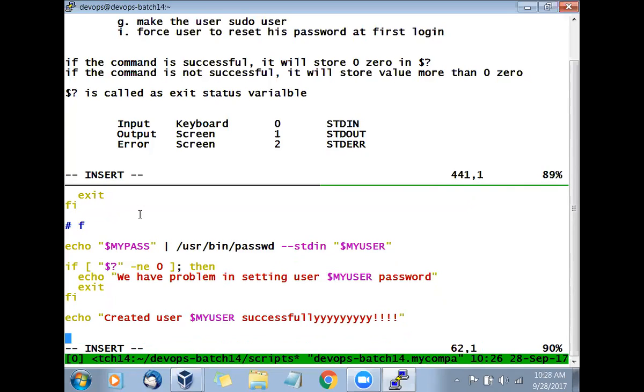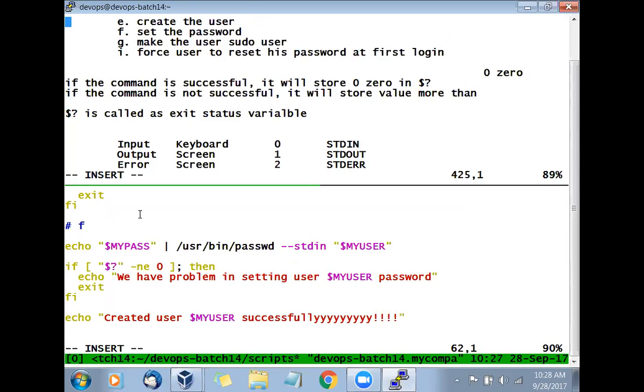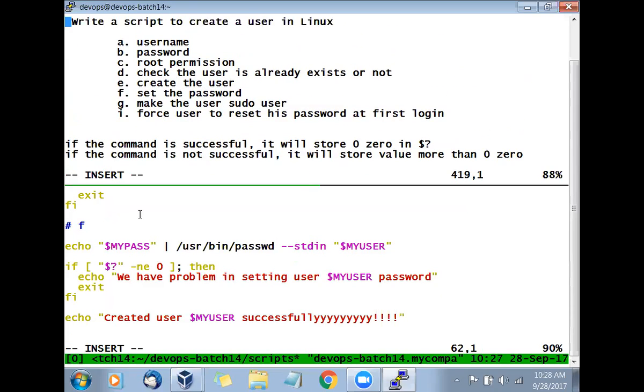Very good. Now every step we have crossed, right? We started with the username, password, getting the user permission, checking whether the user already exists, creating the user, setting the password. Then we said created user successfully.